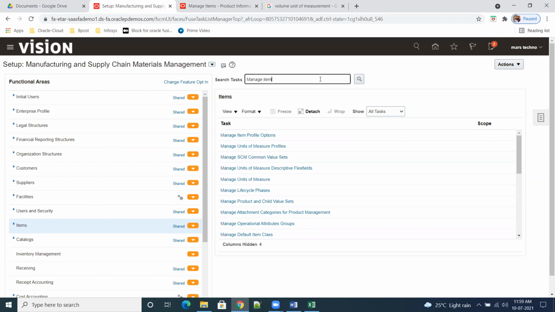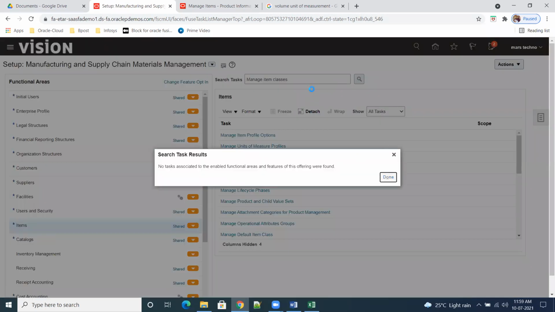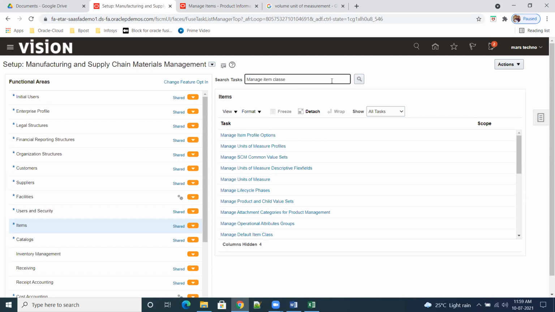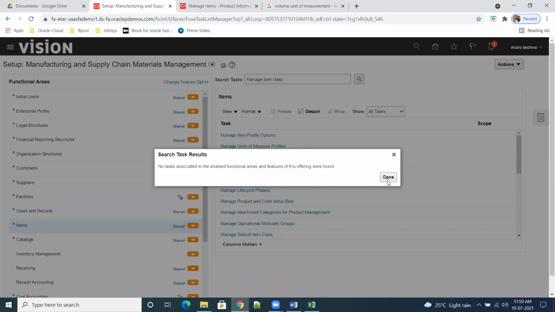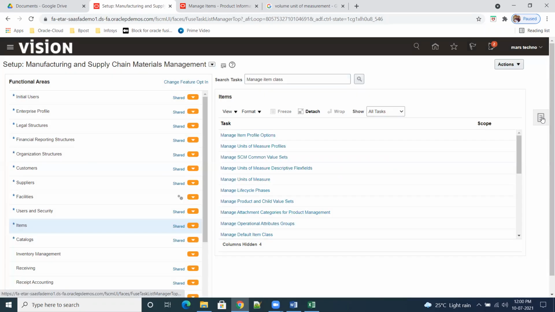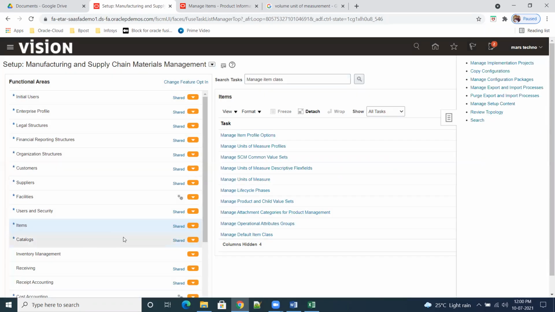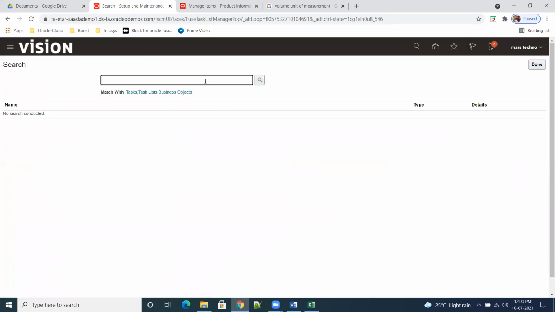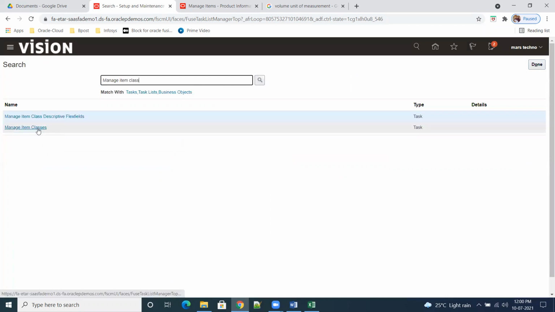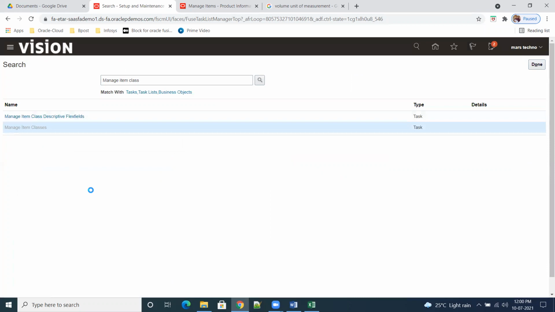Manage item classes. You search in the global. It should be here only. Sometimes it is manage item classes. Okay, item classes is the task. Open this.